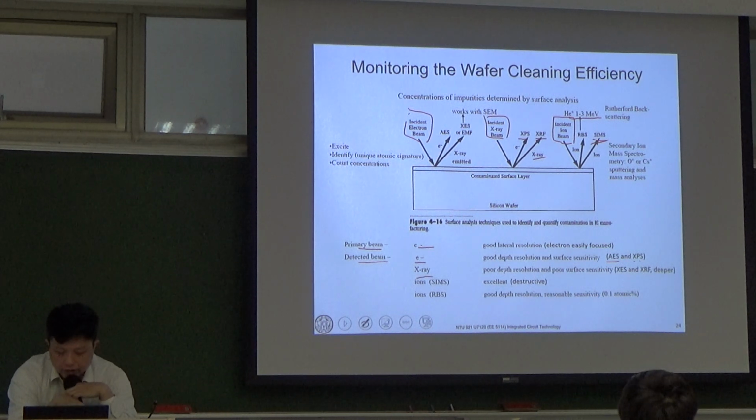But if you detect X-ray, then they give you poor depth resolution and poor surface sensitivities. But if you detect ions like RBS or SIMS, that will give you very excellent and accurate mass